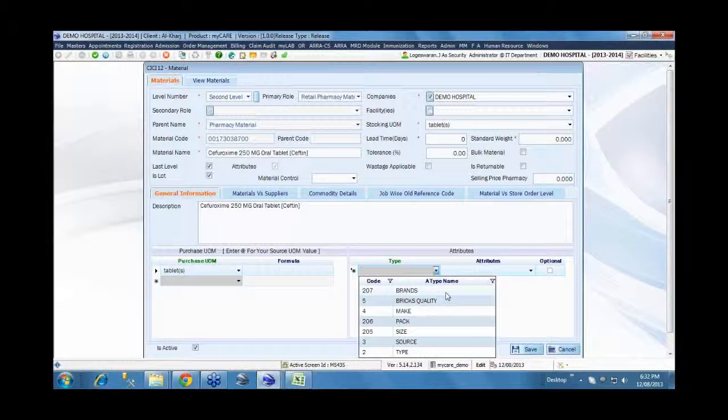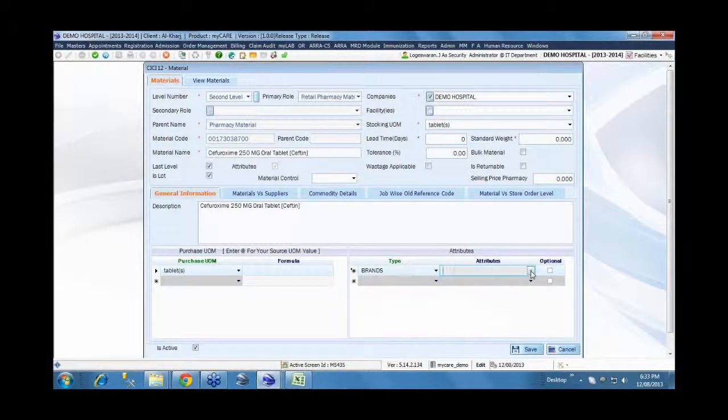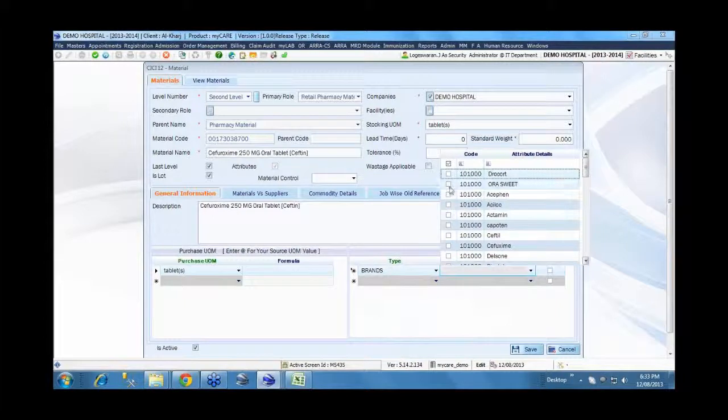So in that case, we can define one main item, and say this item has many attributes or variations to identify the more specific item. You can choose the attributes. You can define a brand itself as an attribute, and say what all the brands associated with this particular item are.